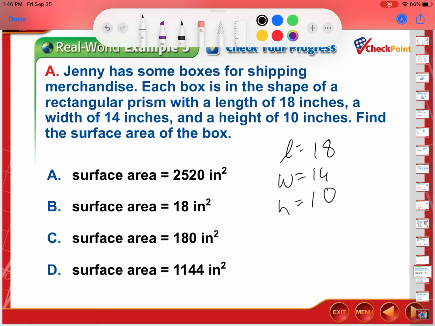I'm going to leave my height out of it for now. My perimeter is going to be twice my length plus twice my width. So 18 times 2 is 36, 14 times 2 equals 28. If I add these together, we get 64. So 64 times my height